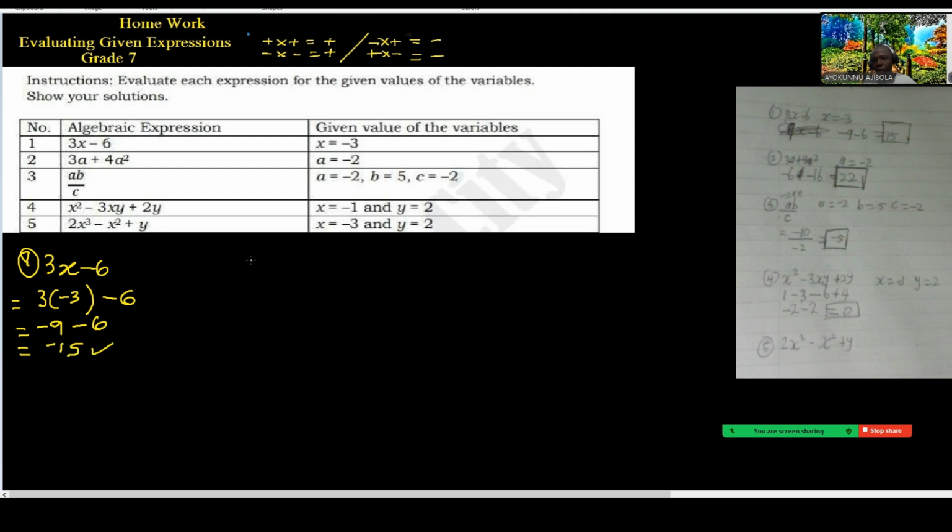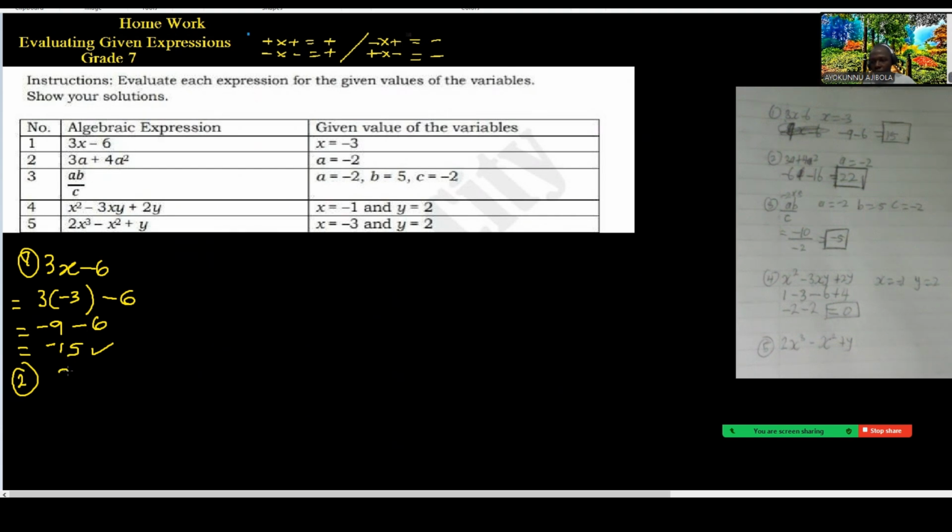So we should always take note of our negative signs, okay? The negative would have been positive if we are multiplying between negative and negative, because negative times negative is a positive sign. Is that clear? Yes. Okay, good. Then the second one